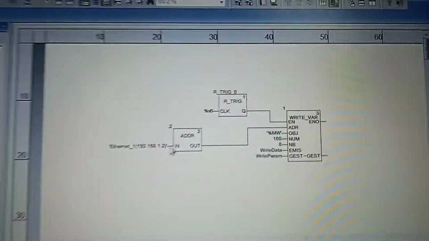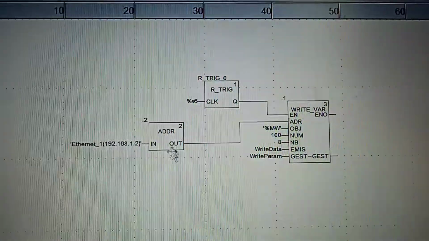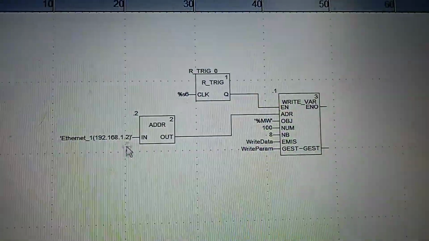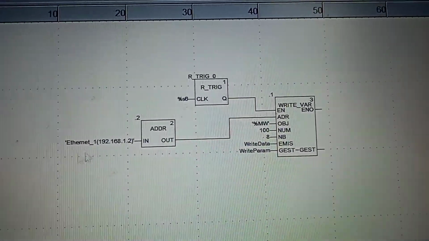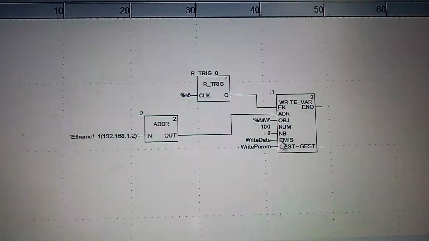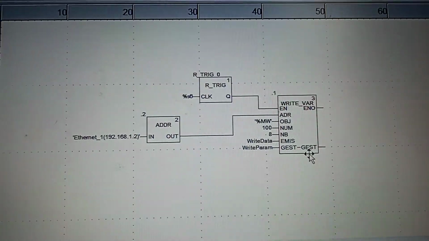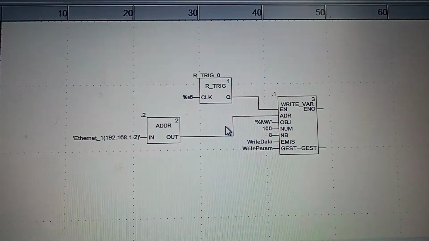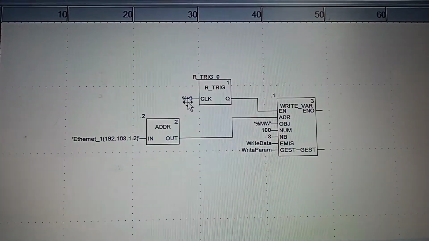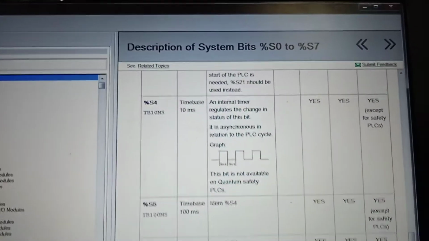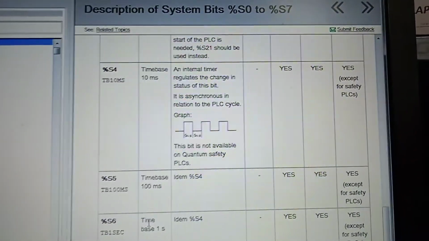See here I have used one ADDR block. The ADDR block basically converts these things to an array. And here we have used one WRITE_VAR, and this is the triggering block. I have used the S6 bit, which is the time base.